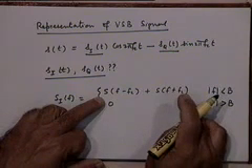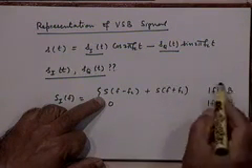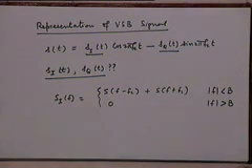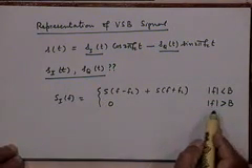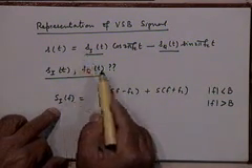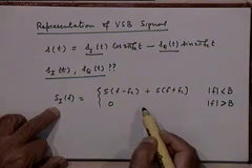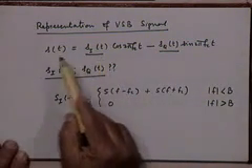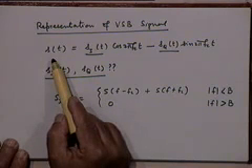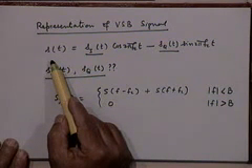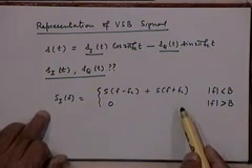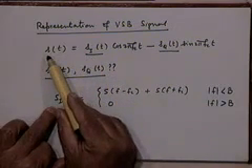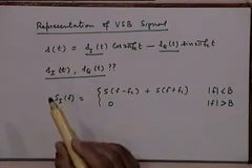This has two regions where it is non-zero. It is non-zero in this region, and it is non-zero in the region around 2fc. That portion is being cut off by the low pass filter, and therefore the spectrum of s_I(t) that you have in this representation must be given by this expression. Are you all with me? Because you can see that s_I(t) can be obtained from s(t) by multiplying s(t) with cosine 2 pi fc t and passing the result through a low pass filter, and that fact leads us to this expression for the spectrum of s_I(t) in terms of the spectrum of s(t). Any questions on that?